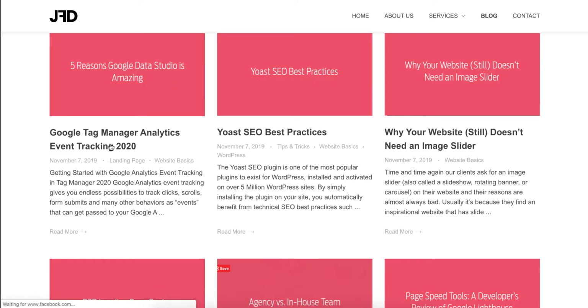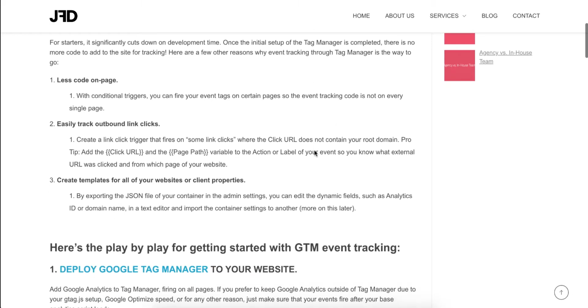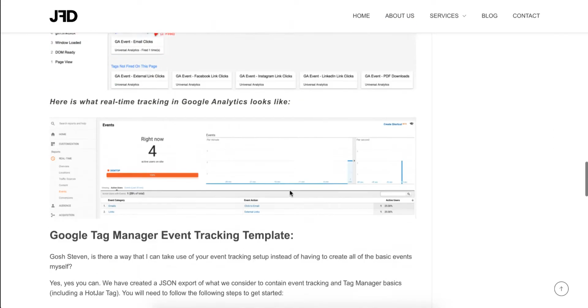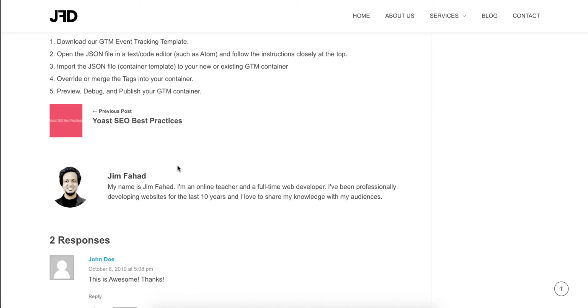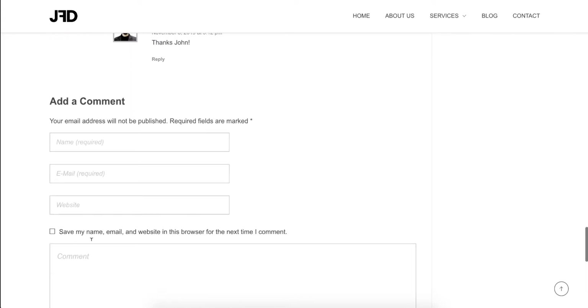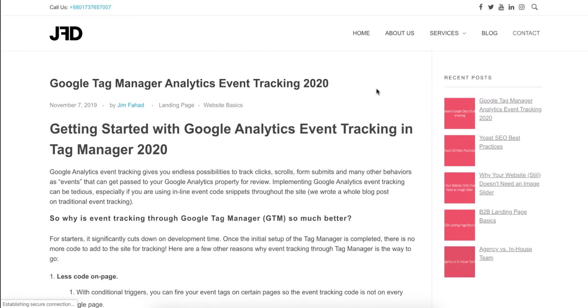If I click over here, I will show you how you can create this nice sidebar with recent posts, and how you can create a blog post like this. You can insert images and people can go to your previous post or next post. How you can put your name and a little bit of description about yourself as author of this blog post. I will show you how to create the comment section so people can make comments and you can reply back to them, and then we will create our contact page